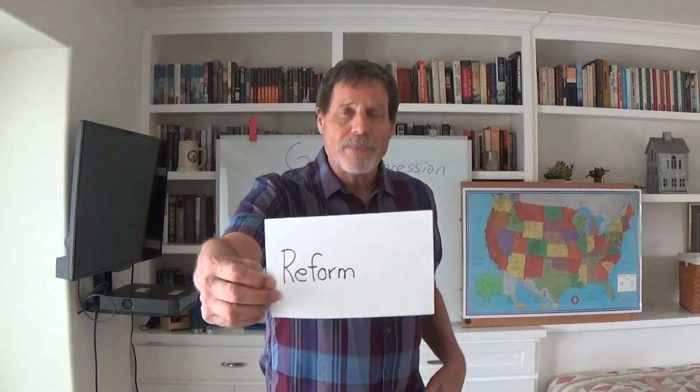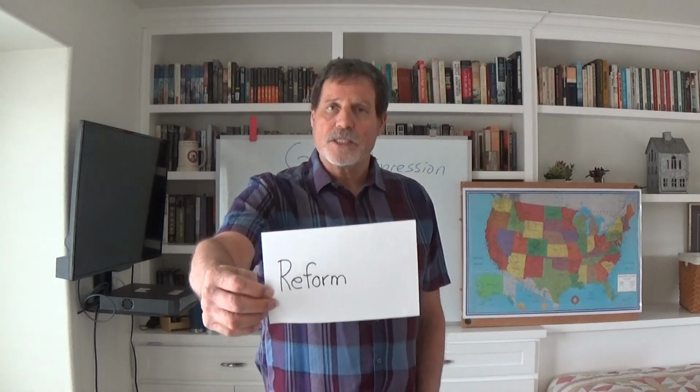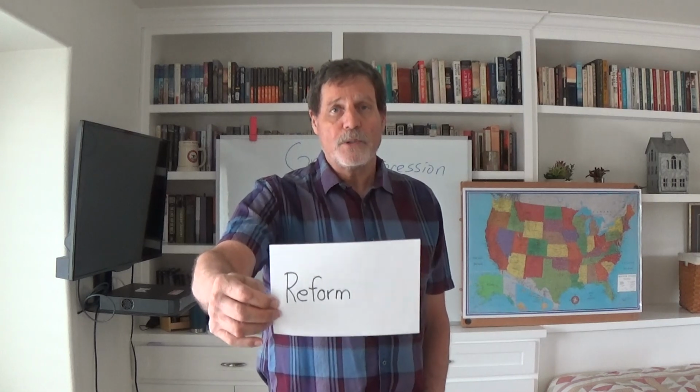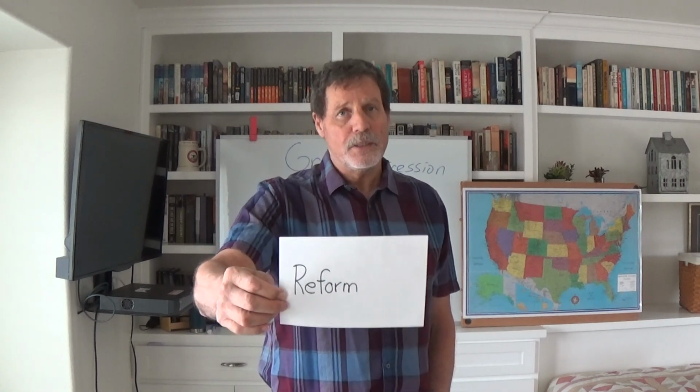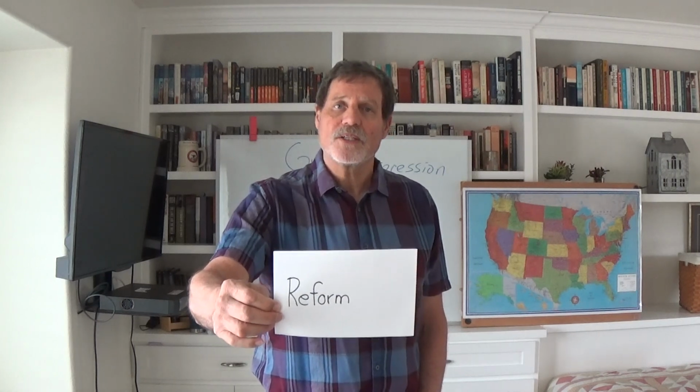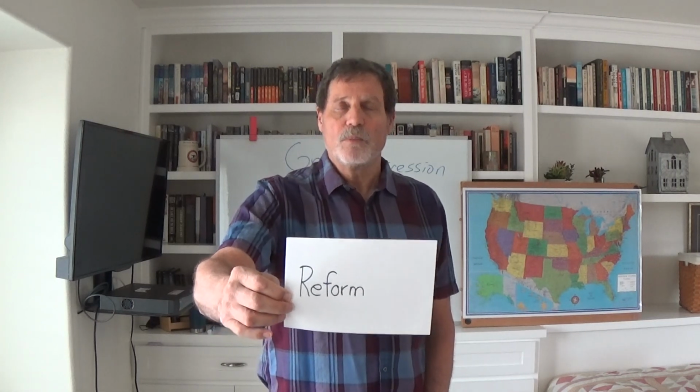And then the final, and in many ways most important R of the 3 R's, is reform. So the New Deal sought to fix the problems that had led to the Great Depression. Franklin Roosevelt was at heart a progressive. He was born and raised politically in the progressive era. So what he's going to try to do is fix these problems. They're not going to just say, oh, that's too bad, but let's move ahead.